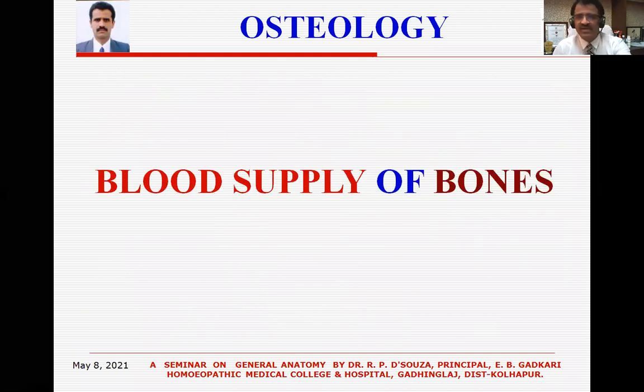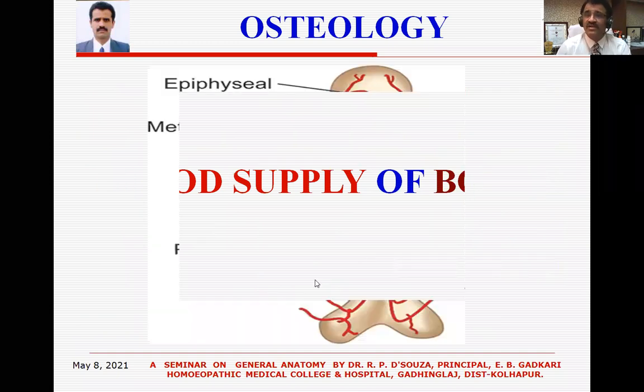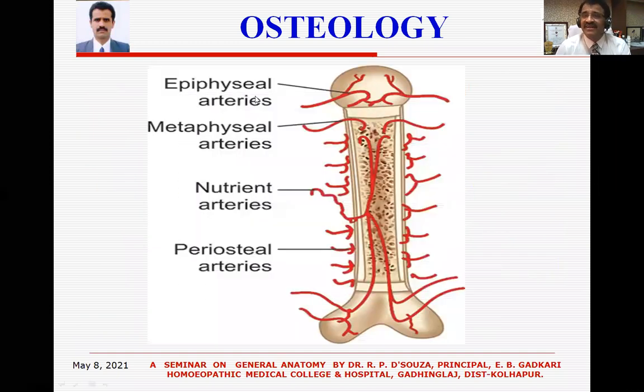Now we'll try to understand in short what is the blood supply of bone. If you look at a long bone, there are different arteries supplying the different parts of the bone. For example, the epiphysis is supplied by the epiphyseal arteries, the metaphysis is supplied by the metaphyseal arteries, and the diaphysis is supplied by the nutrient arteries. It's quite big and tortuous. So you get a nutrient artery foramen on the shaft of the long bone. Usually it is towards one end. If it is present near the lower end, that means the upper end is growing. If it is present at the upper end, that means the lower end is growing. And there are periosteal arteries which supply the periosteum. So we'll take them one by one.